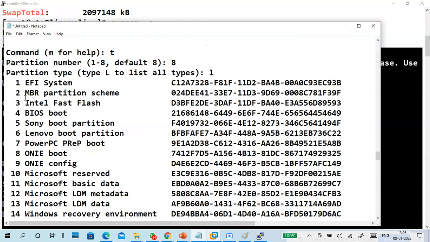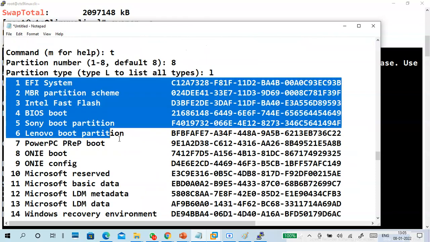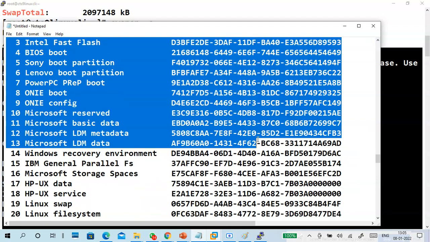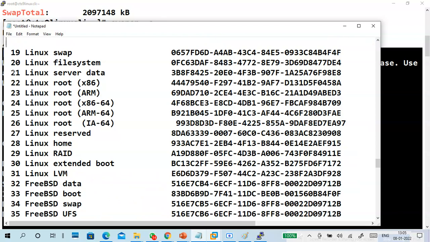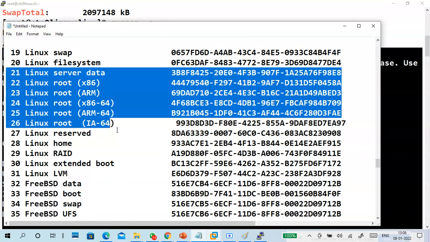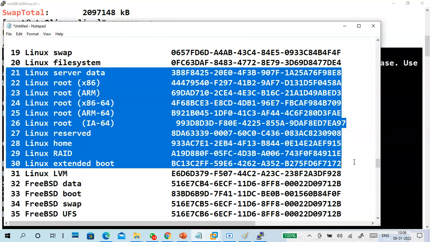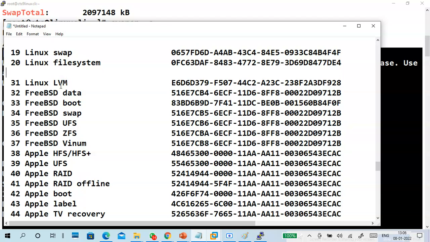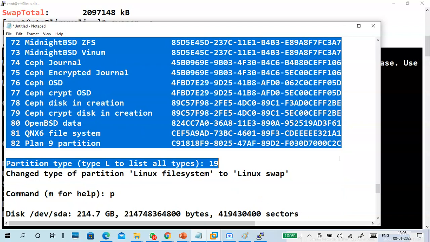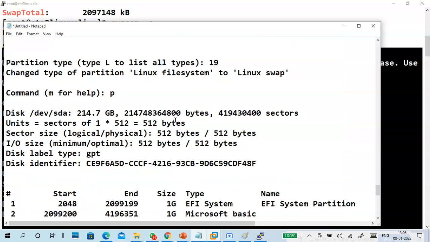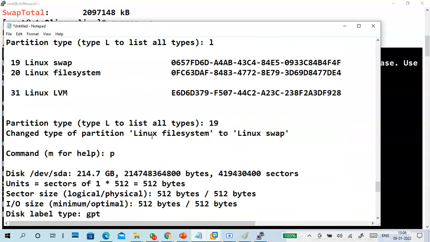Okay, L, it is showing a very big list, so I am removing all this part till 19. I want 20 and I want 31. That's it. I don't want more. Otherwise, this page is completely filled with these things only.